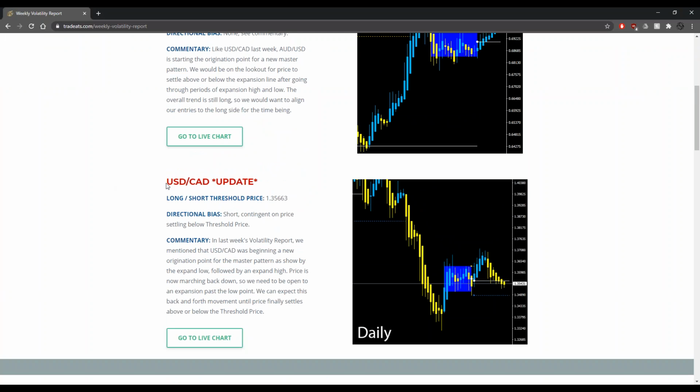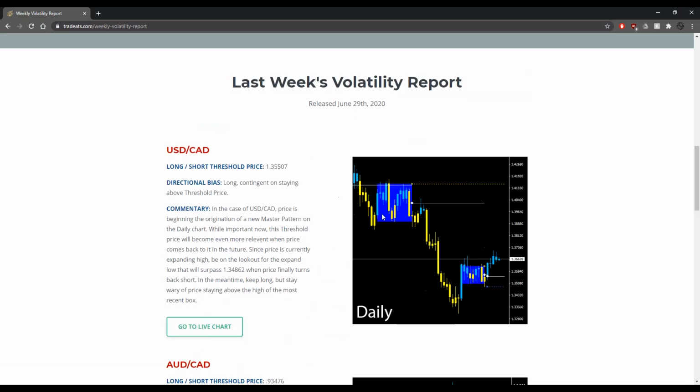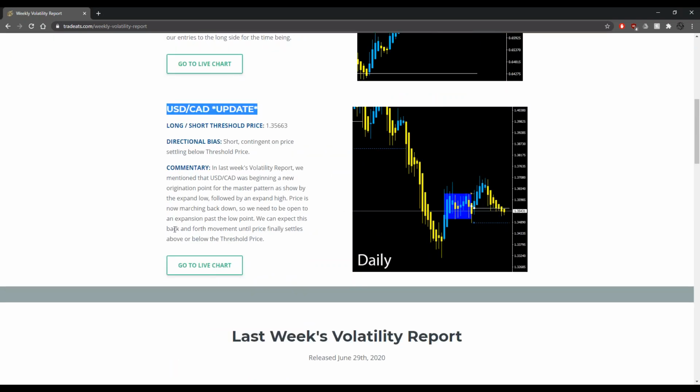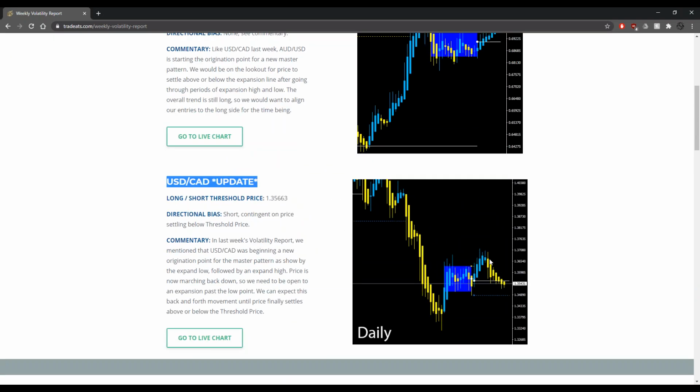And then the second one is dollar CAD. Now this is the one that I wanted to spend a little bit more time on. So it was an update. We actually had dollar CAD last week where it was starting its own master pattern. So we had an expand low and then an expand high, and now we're dealing with the second phase of that, which is back to expand low. So as of the screenshot that was taken for the